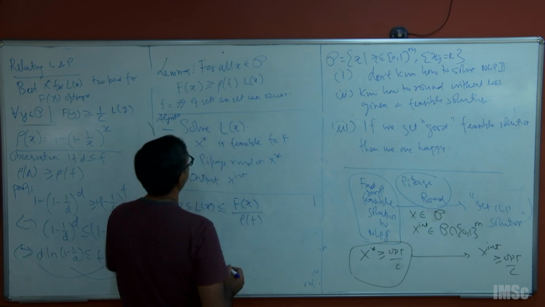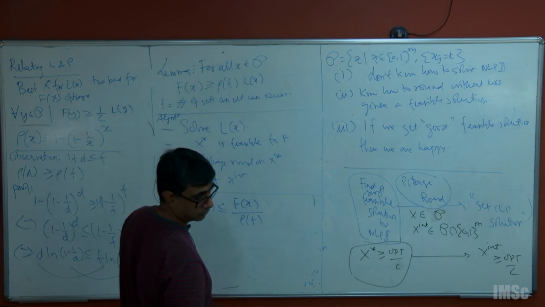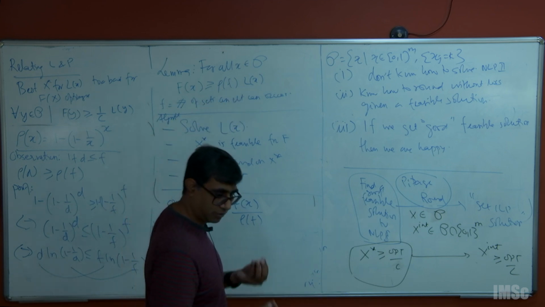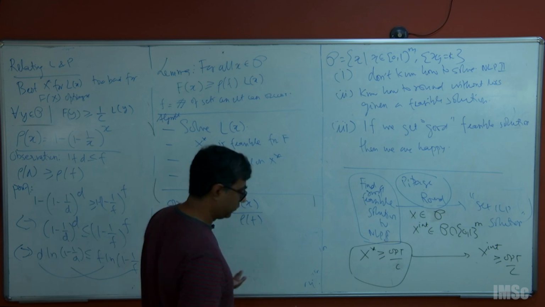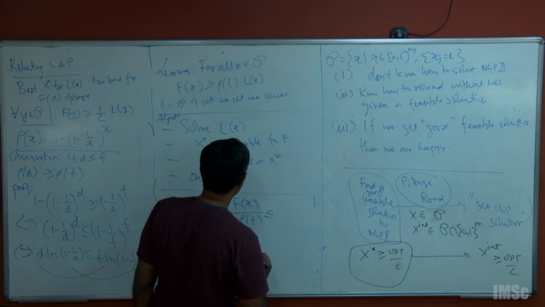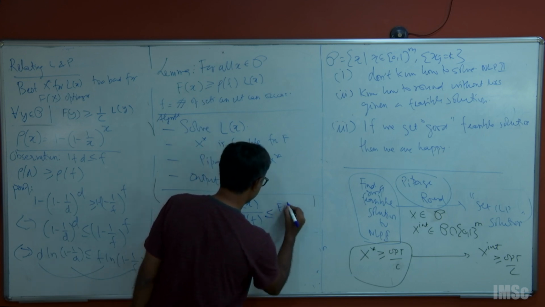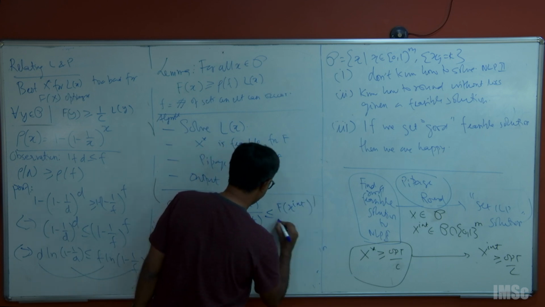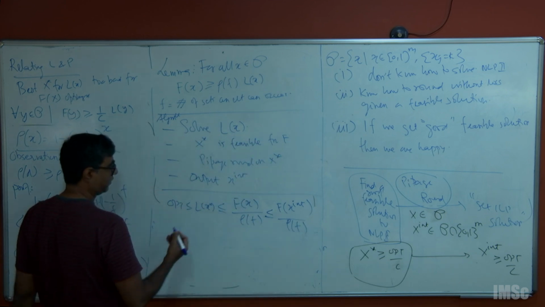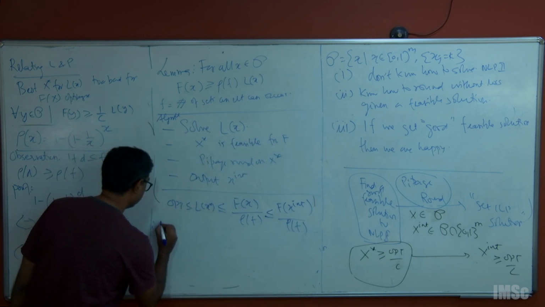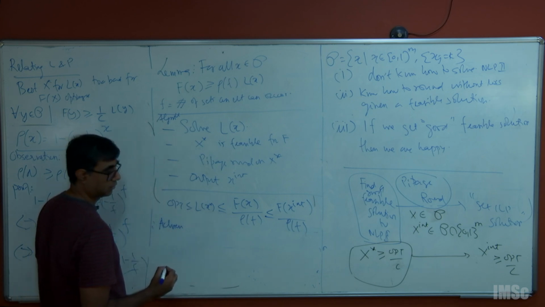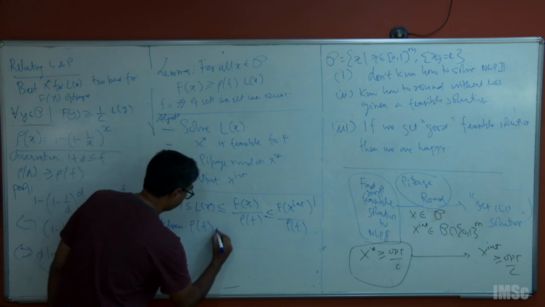You can write it as 1 by c or this, it doesn't matter. 1 by c is also a number, so don't get confused with that. And this is less than or equal to f of x integral by rho of f. So that implies that what we have achieved? We have achieved a rho of f approximation algorithm,